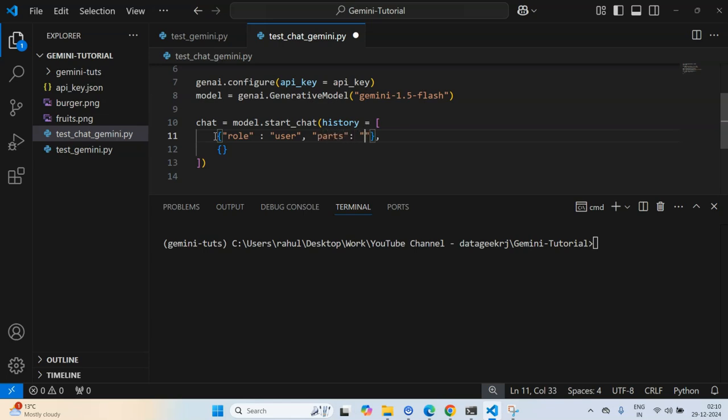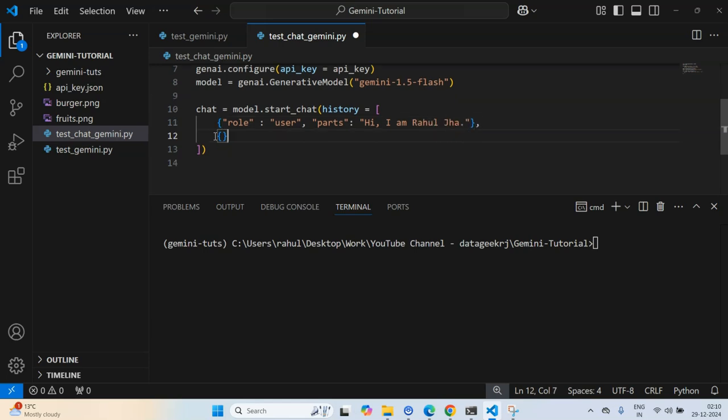In the parts, I'll say hi, I am Rahul Jha. Then in the next part, the model is saying nice to meet you. So basically I'm telling the model's start chat method that this particular conversation has already happened.